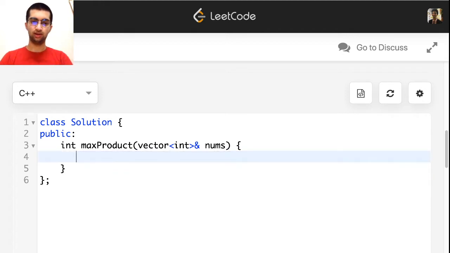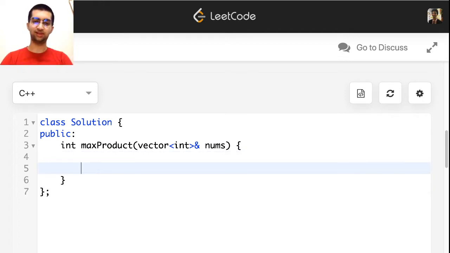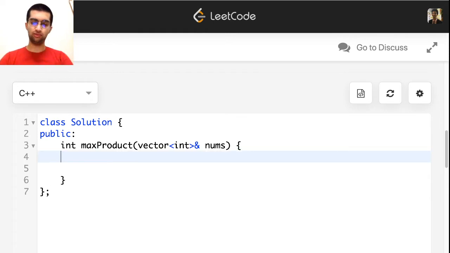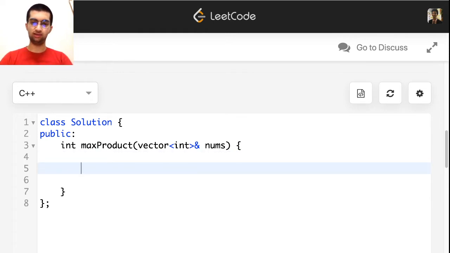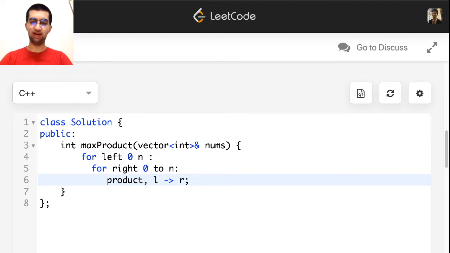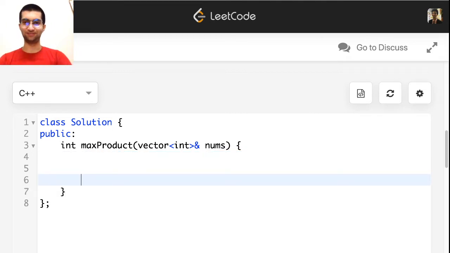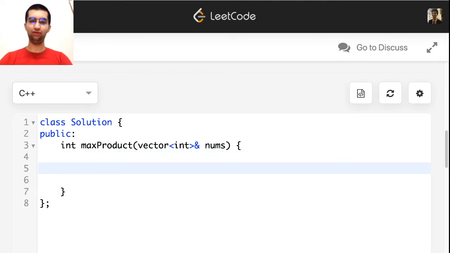We need to do it faster than that. You might think this can be done by calculating the prefix products and the suffix products, but that's a step in the wrong direction. What we really need to do is do it in O of n time.